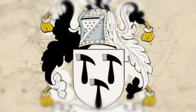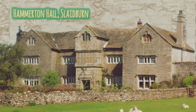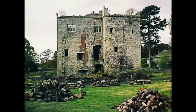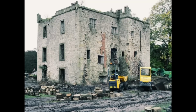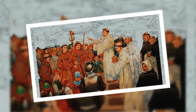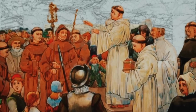Stephen Hamerton had masses of land. You could apparently walk on his estates from Sladeburn on the River Ribble all the way to York. His seat was at Hellifield Peel, a large manor which Henry VI licensed to be fortified in 1440. Derelict from 1947, it was restored and featured on Grand Designs about 20 years ago. For his participation in Bigod's rebellion following the Pilgrimage of Grace, Stephen was to be executed, but, being of knightly